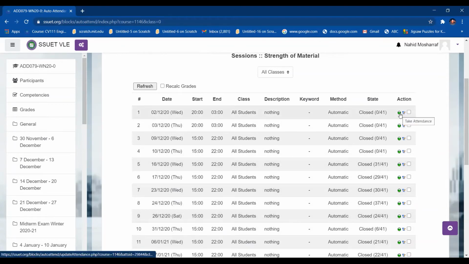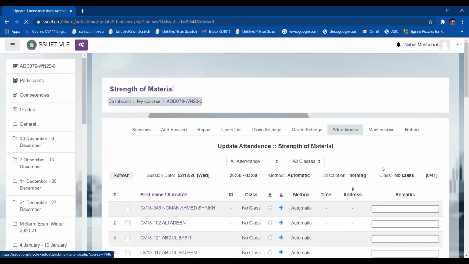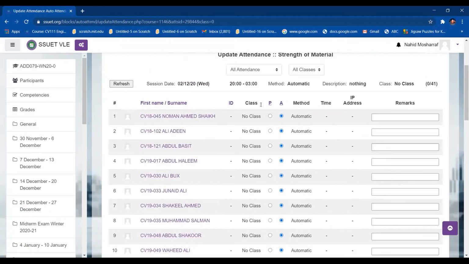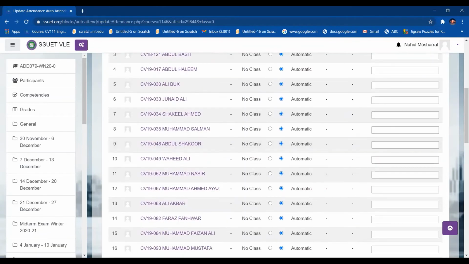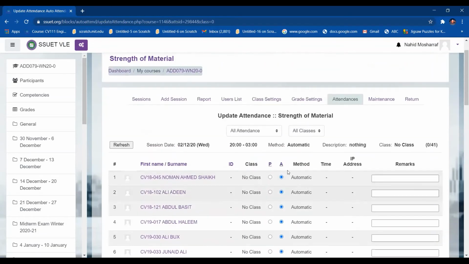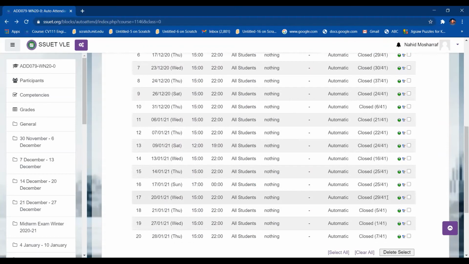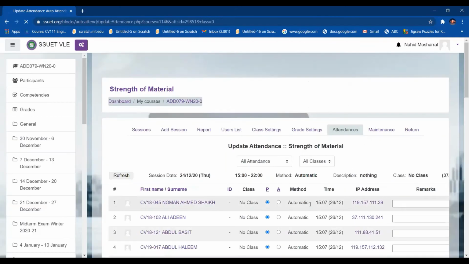And if you want to take attendance, you have to click on it, and you can see the attendance. It is already marked which students are absent and which are present. It will be marked over here, and their IP address will also be present when they mark their attendance. So let me show you where the attendance is done. Let's see this attendance block session.